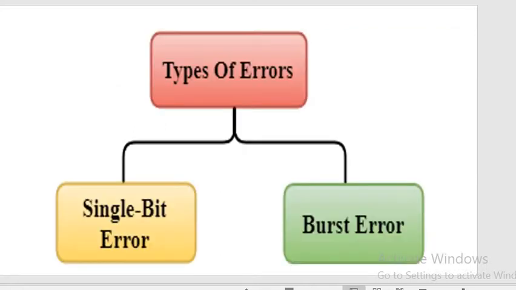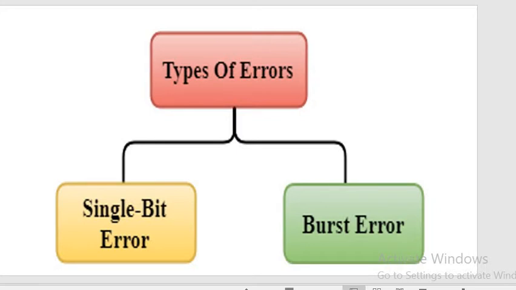Okay, before that, you should know what an error is. Suppose my friend asked me what my mark is in my maths paper. My mark is 100. So I will send my mark as 100, but they will receive it as 101. My data 100 will become corrupted as 101 due to some technical reason. This is called an error. So 0 will become 1 and 1 will become 0. That is an error.